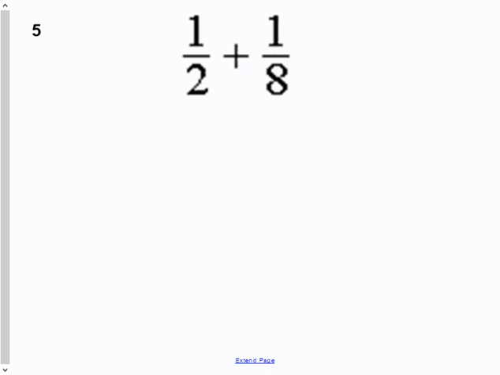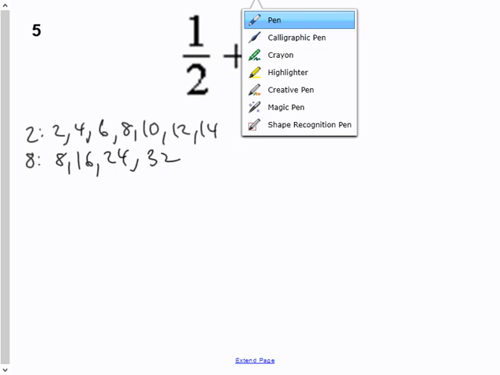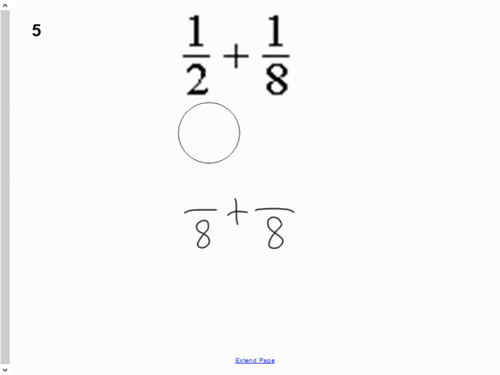Okay, so for 1/2 plus 1/8, we need to figure out what is a common denominator that 2 and 8 have. And the way we learn to do that is we figure out what are the multiples of each of these numbers. So I've done the first 7 multiples of 2. And if I do the same thing for 8, do all the multiples of 8, what we're going to look for here is, do they share any common multiples? And if we look closely, we'll realize that the first multiple they share is 8. Now what that means is we can use 8 as our common denominator for these two fractions, okay? So once you have 8, you can erase this stuff because you don't need it anymore.